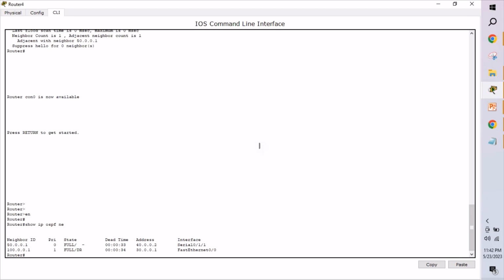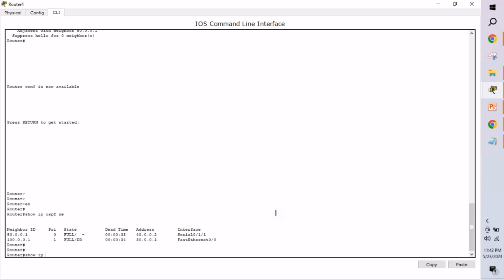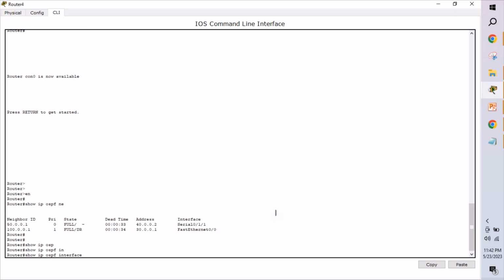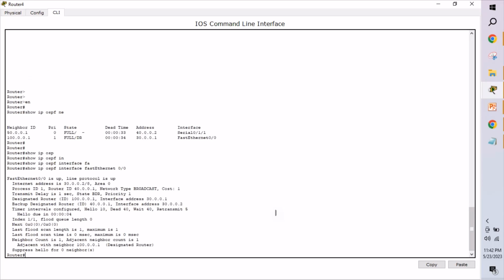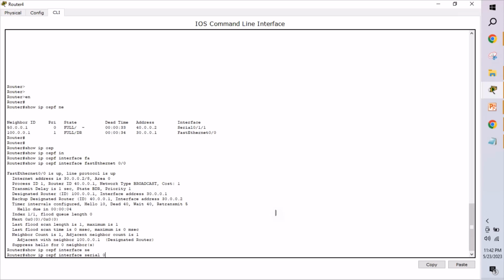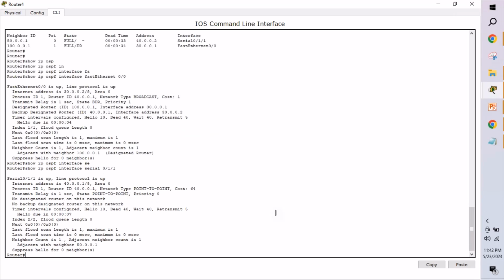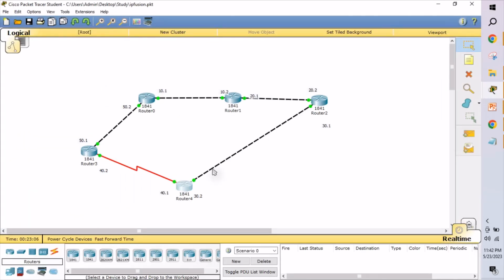So the OSPF neighbor is there, and the OSPF-enabled interfaces are FastEthernet 0/1 and 0/0 and Serial 0/1/0. This is connected as broadcast, because you know, this four-router network is connected to each other